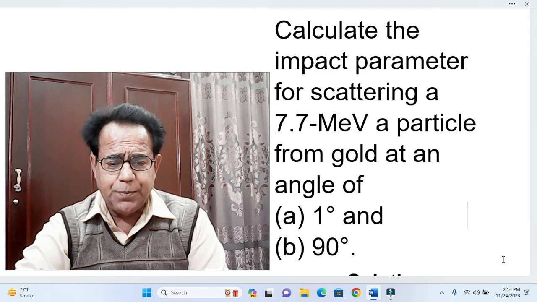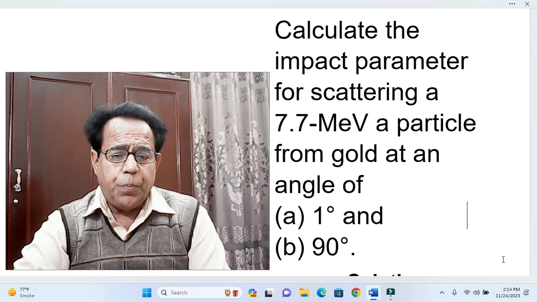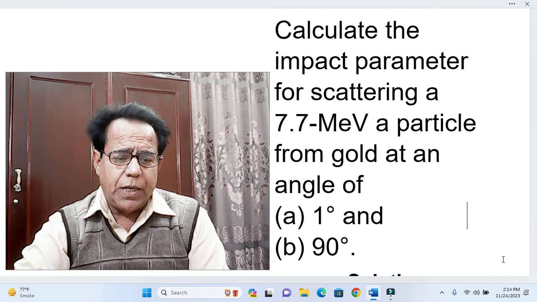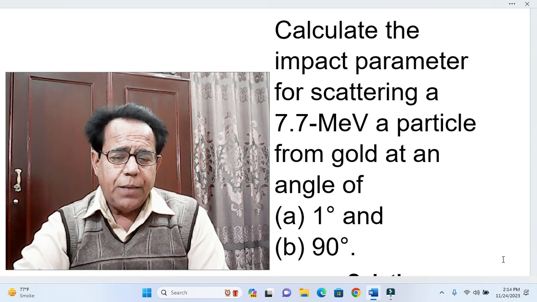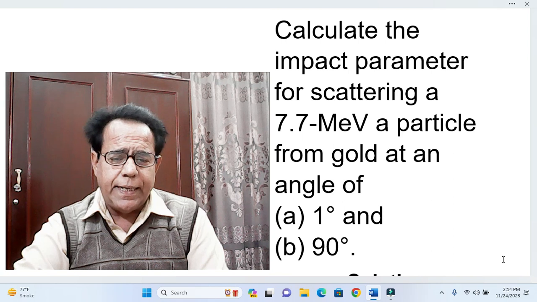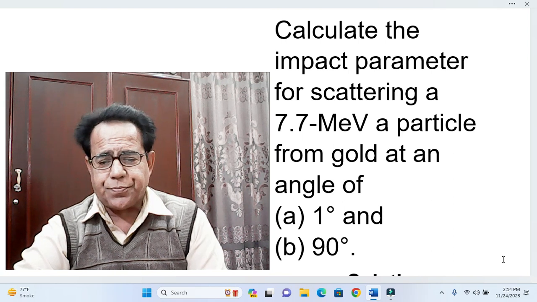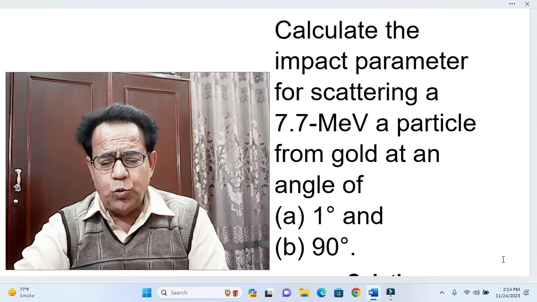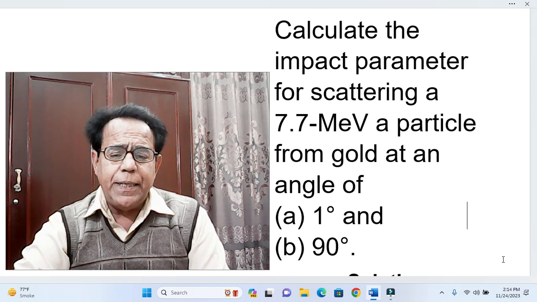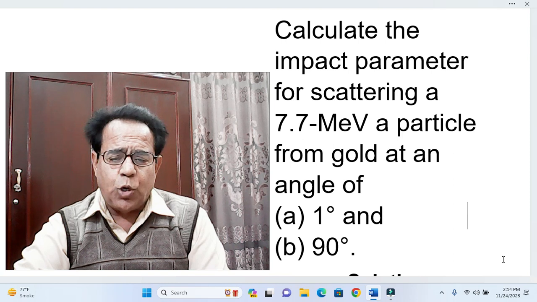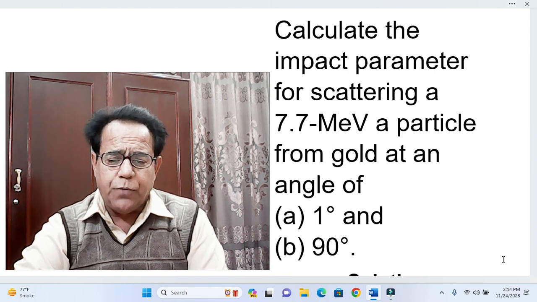This is our next problem, having been chosen from the same book, Modern Physics, by Stephen T. Thornton and Andrew Rex. As usual, we first come to its statement. Calculate the impact parameter for scattering a 7.7 million electron volt